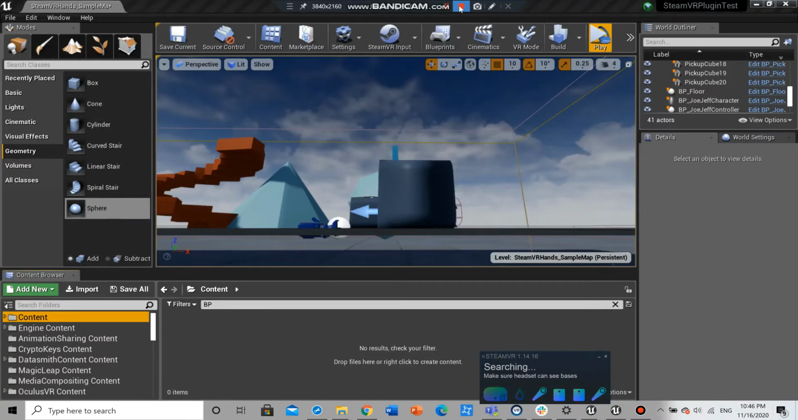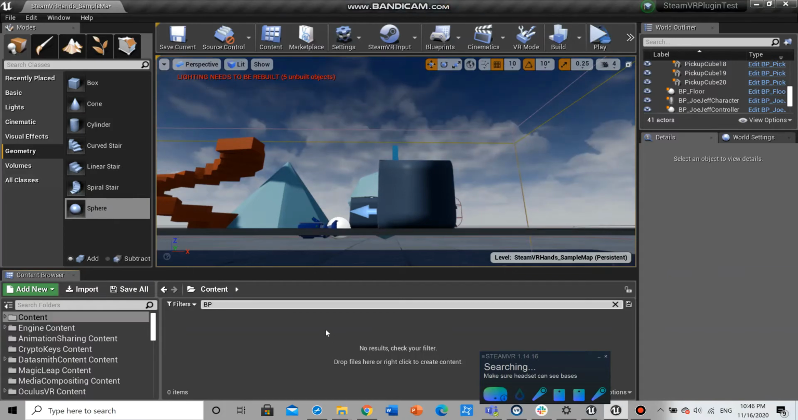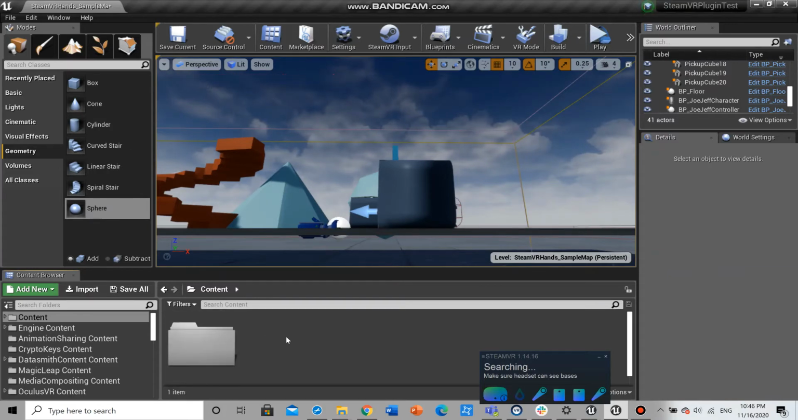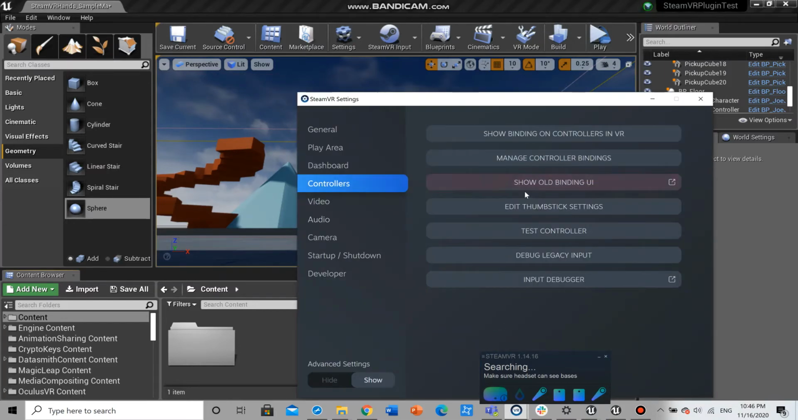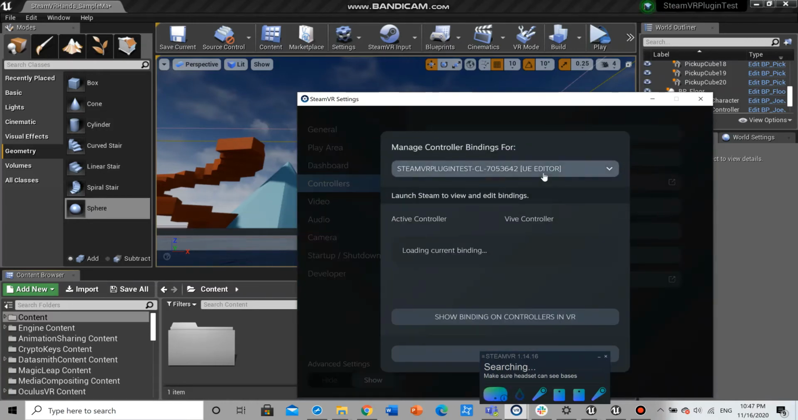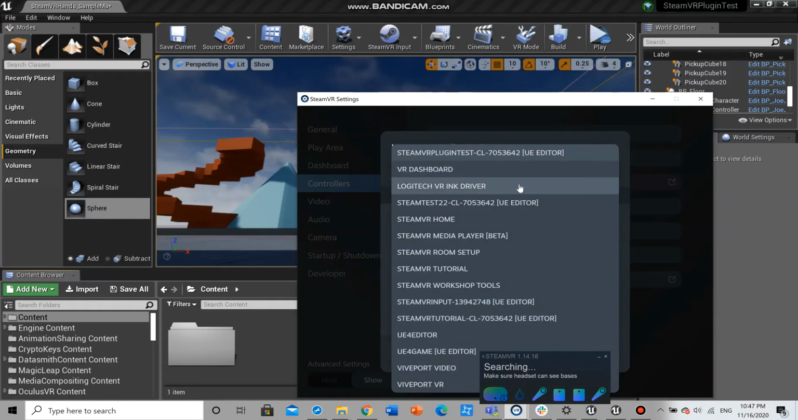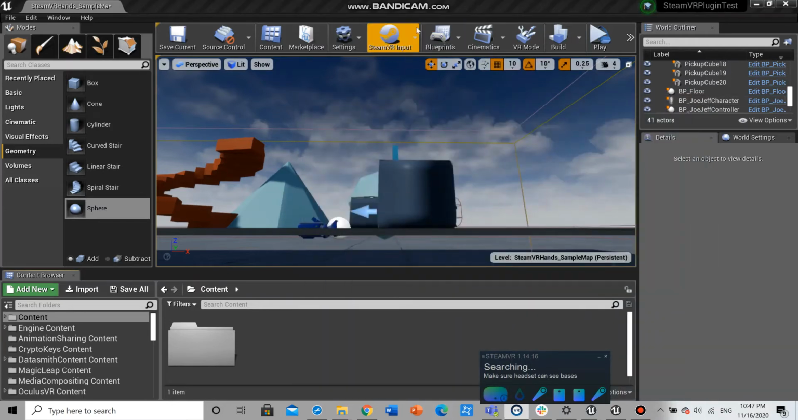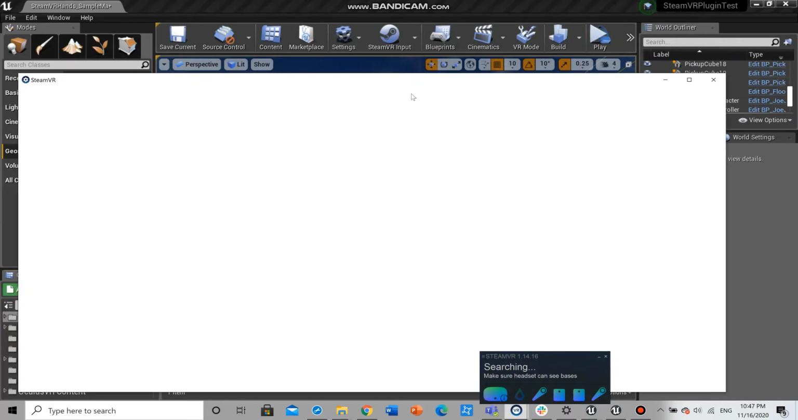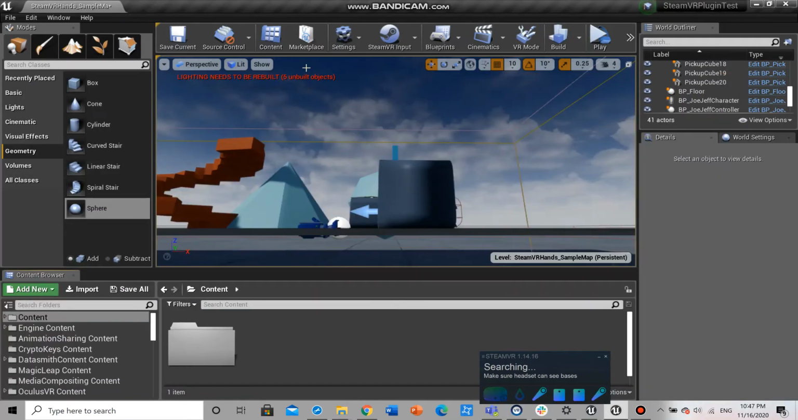Let's add a new action to our controller. For this purpose, we go to SteamVR settings and then here, Show Manage Controllers Binding. Here, let's see, show binding, loading. I don't know why it's not working right now, but let's open it from here, launch SteamVR binding. Okay, that's fine. For some reason it's not showing right now, but